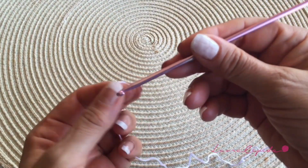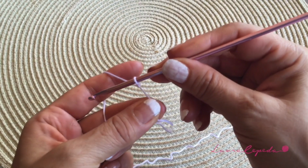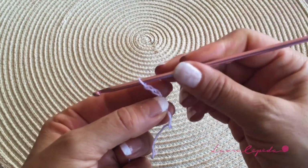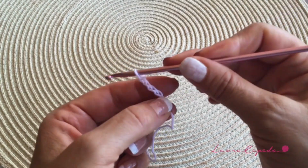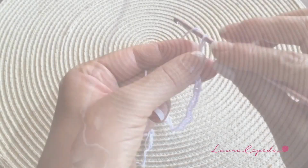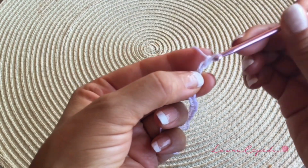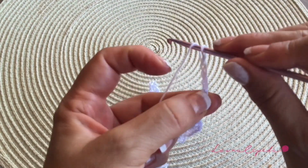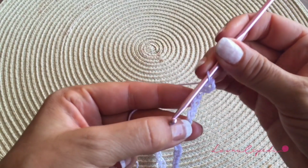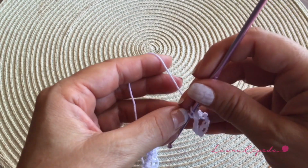Well, with one thread and with our hook, we are going to start making chains. We are going to make them loose, okay? We are going to start counting from here and we are going to count 64 chains. Remember that this must be an even number. Well, at the end of the 64 chains, from here we are going to make 8 chains more. And 8. Well, after the 8 we are going to count 1, 2, 3, and in the 4th we are going to